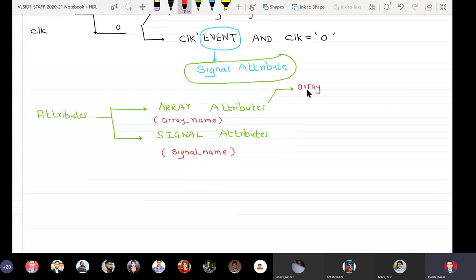the name of the array, array_name, and then tick.